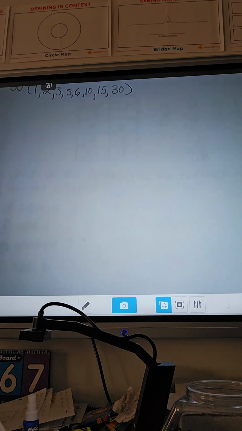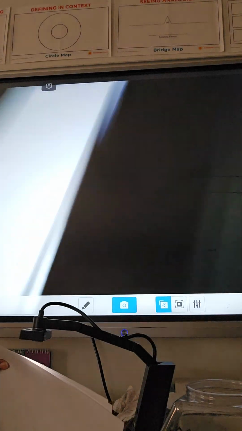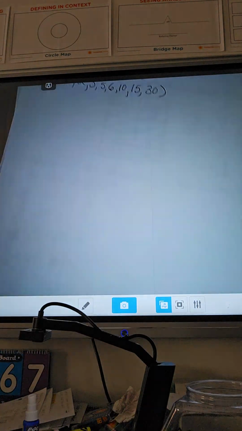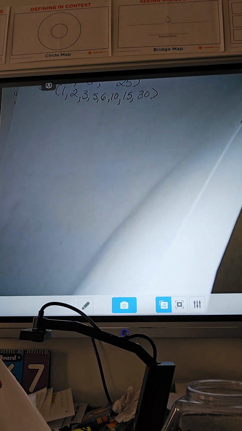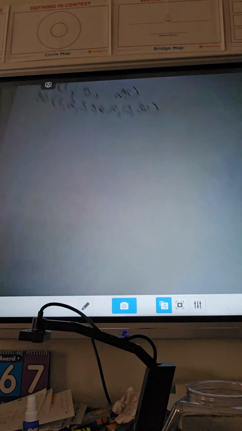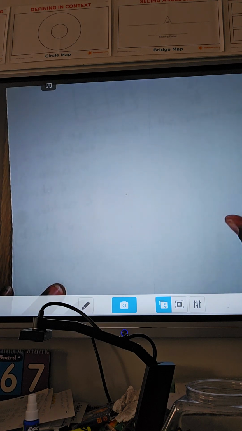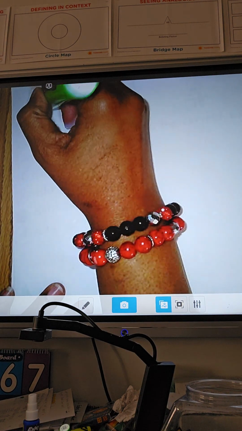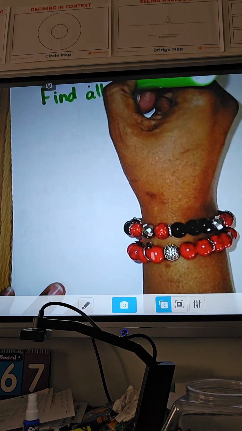As you see, there are some number patterns, input-output charts, finding common factors, factor pairs for numbers, and one other one is multiples. So remember, multiples, if I ask you to find all the multiples